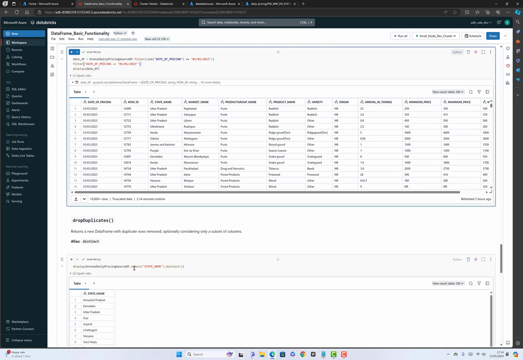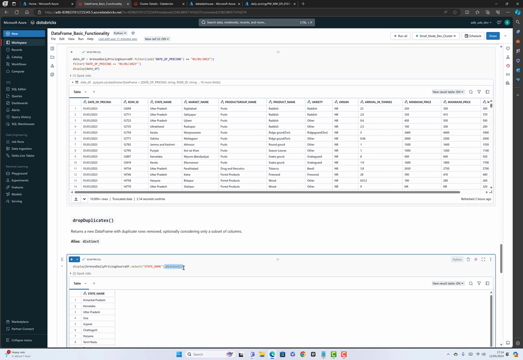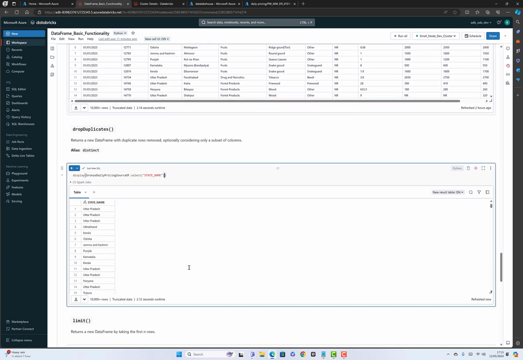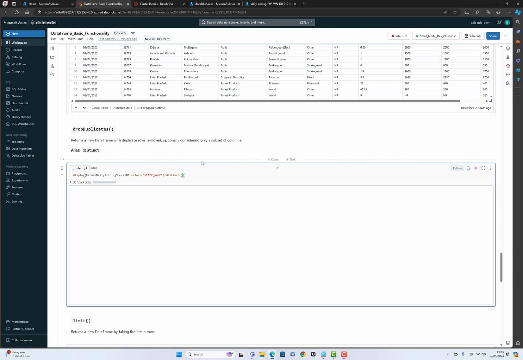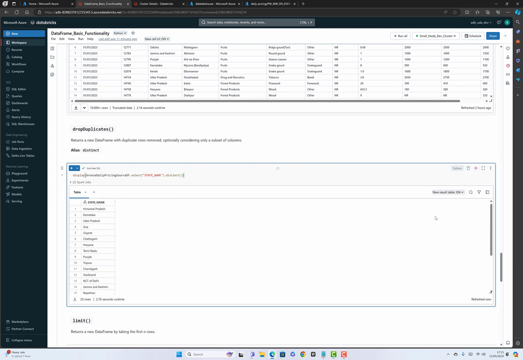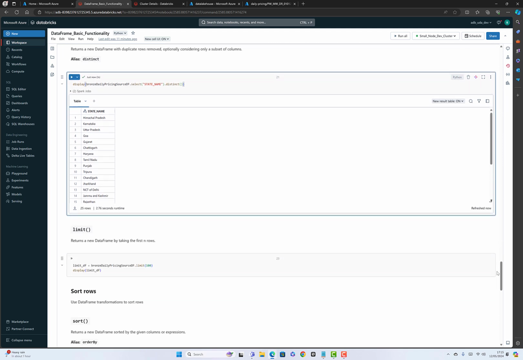On top of that, for example, if I remove this distinct function here, we can get the distinct records from the specific column name. This is going to be a mix of select and distinct. If you select all of the state names, it gives duplicate values. But if you apply the distinct function, which is also one of the frequently used functions,